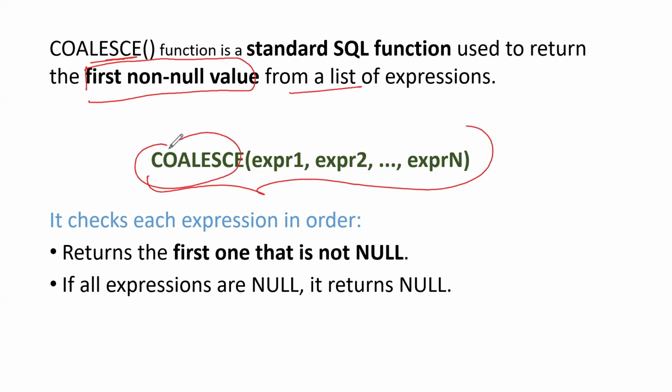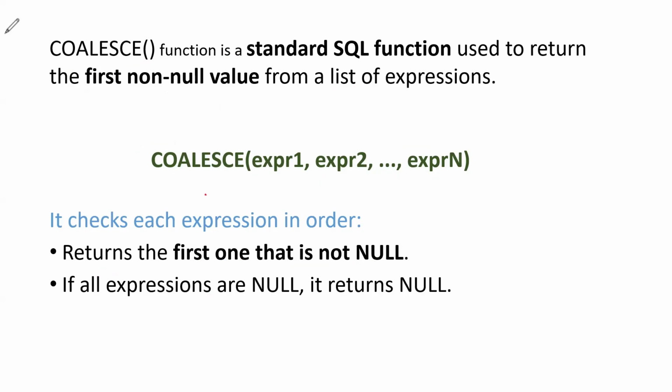You can see Coalesce, and then here we can pass n number of expressions. So what it is going to do is check for the first non-null value and return that. So it will return the first one that is not null. So in our case, here we have the Coalesce function, and in it we have passed multiple expressions. It is going to check for the first non-null. As soon as it finds the non-null, it is not going to check the further expressions.